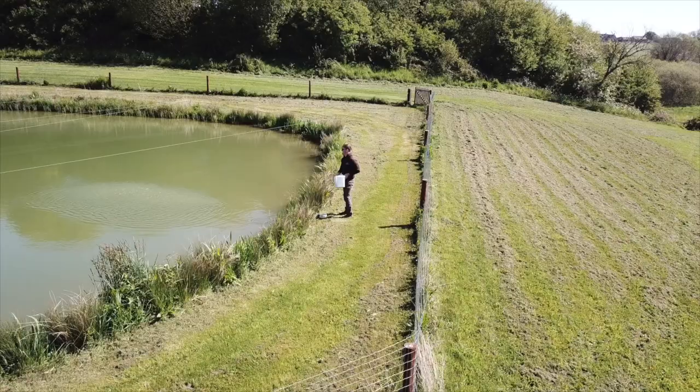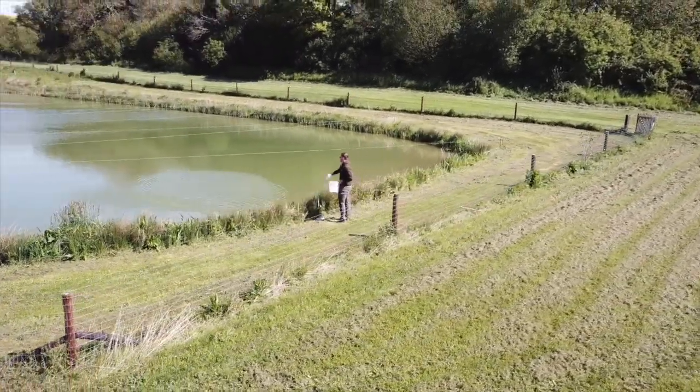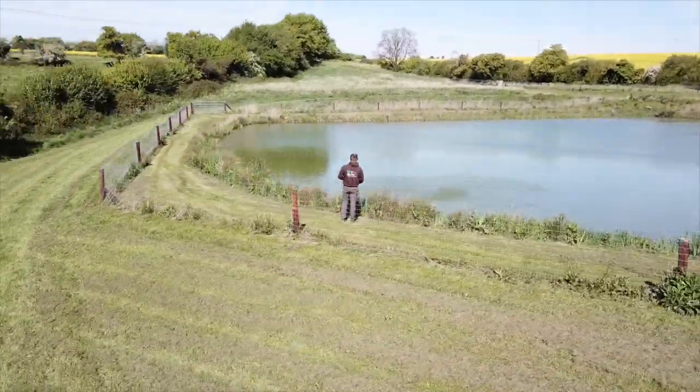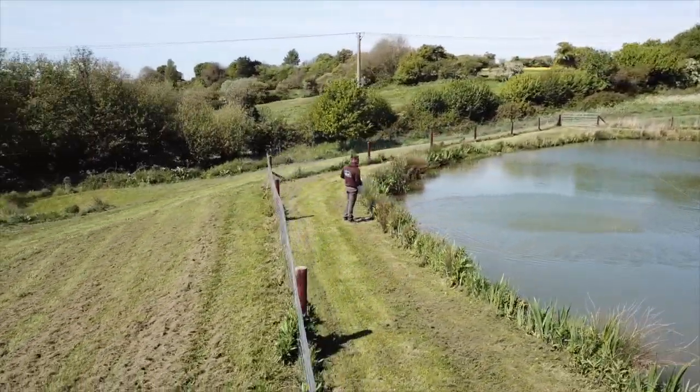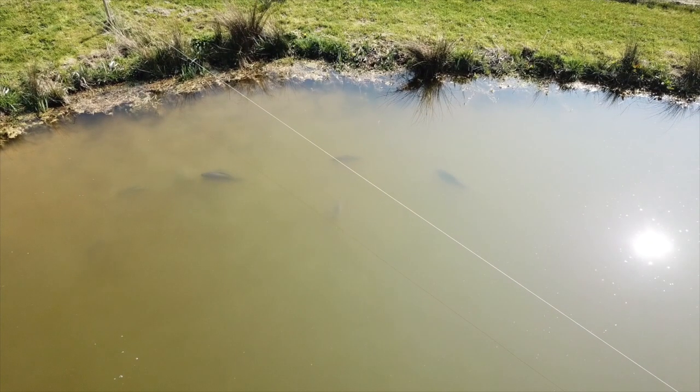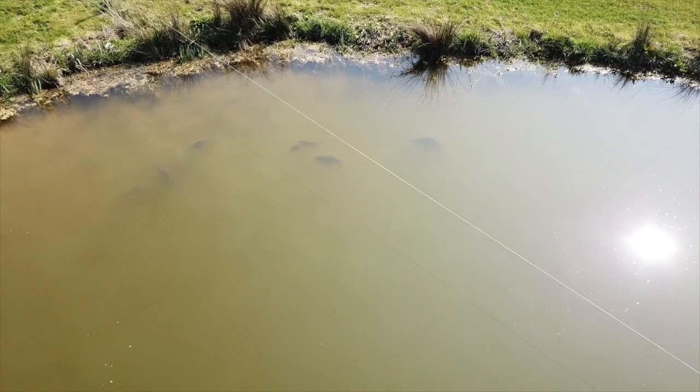So yeah, it's by no means an intensive fish farm or an extensive aquaculture project. It's more of a hobby thing for me, going and feeding the fish through the summer, watching them feed over my cereals that we make. So that's how the business was founded, and at the end of the year we supply a few fisheries,